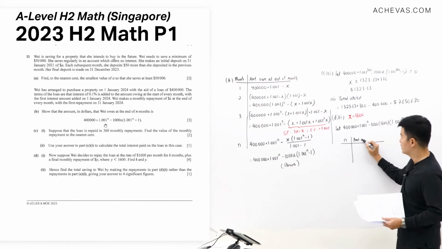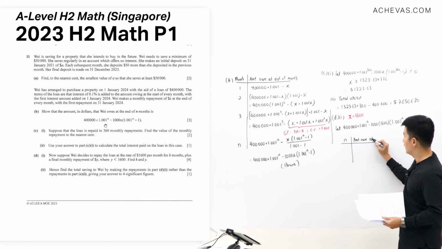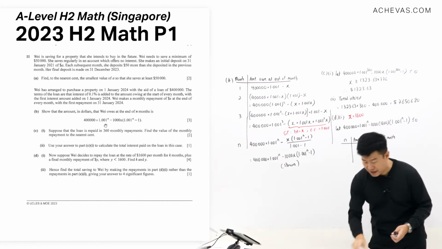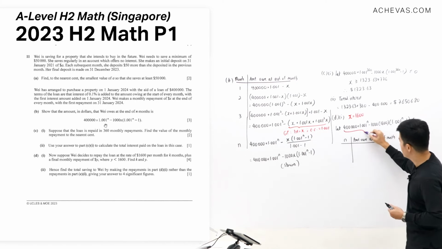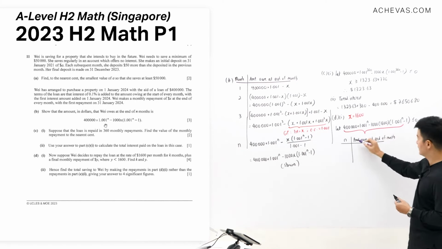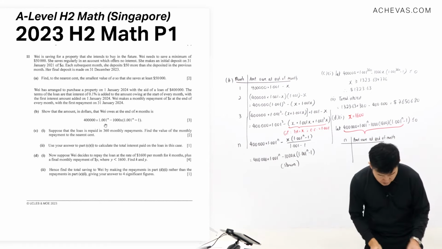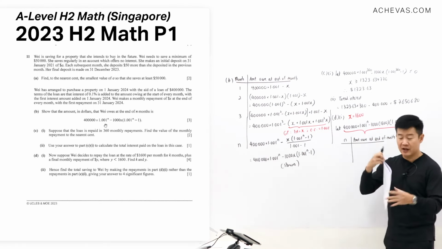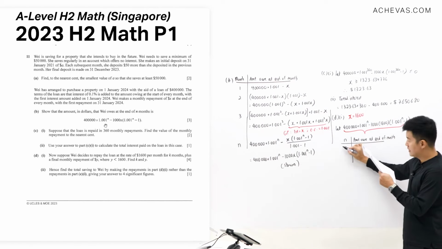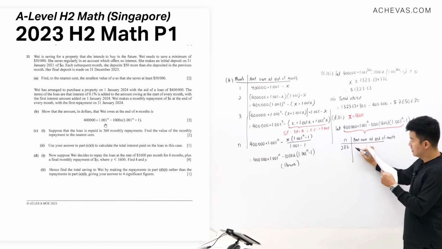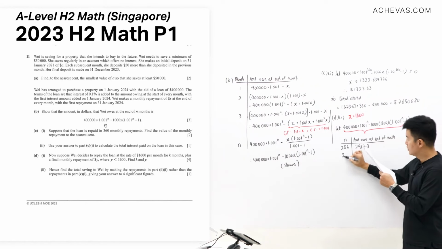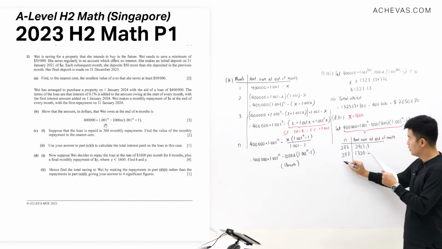So this is the amount that is owed at the end of month. And let's not forget that this is actually this expression. So if I were to scroll down my calculator, these are the values that I'm going to be seeing. When n is 286, here is going to be 2917.3. When it is 287, then here is 1320.2. When it's 288, here is negative